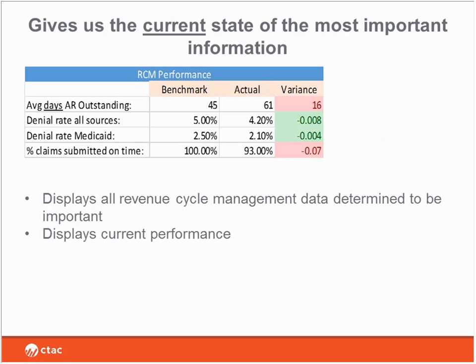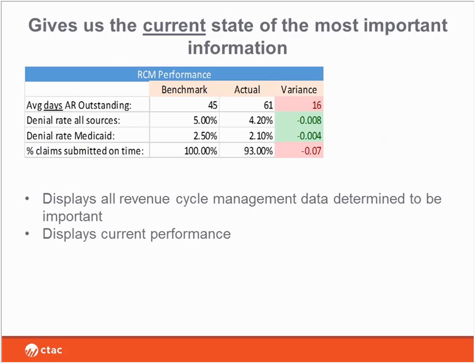So it gives us the current state of the most important information. Here's an example of revenue cycle management performance. Very simple. You might say this looks like a report, but you have to think of it as electronic and dynamic when you log in. It displays all revenue cycle management data determined to be important and displays current performance. So just to quickly go through this,